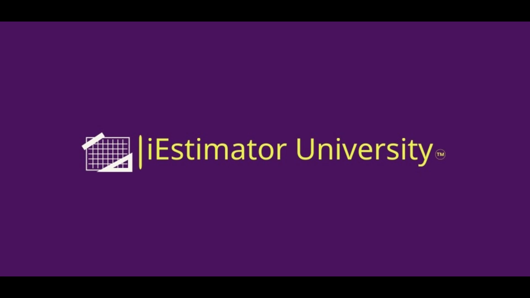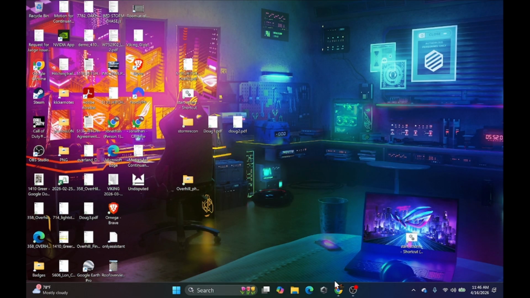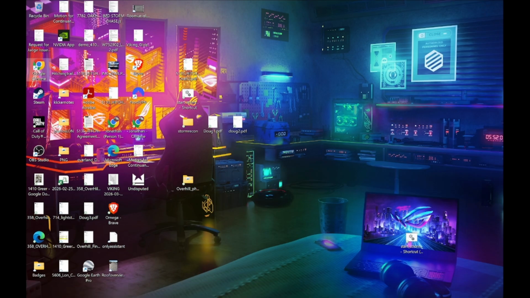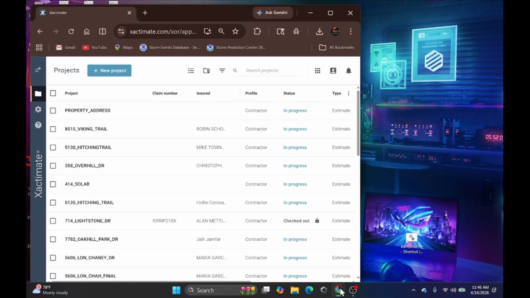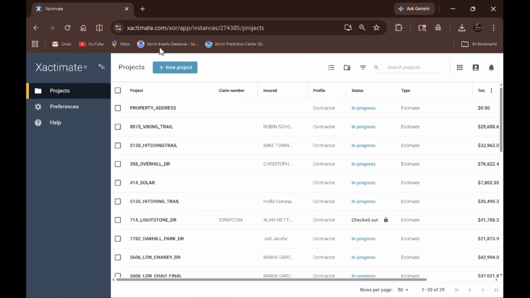Welcome, everybody. I'm going to be going over a basic tutorial on Xactimate. I have a session pulled up here, and I'm going over some of the basic setup for your project and some of the preferences, and even sketching out a roof here to show you the functionality of Xactimate. So, first, we're going to look over here to the left, and we're going to have a preference